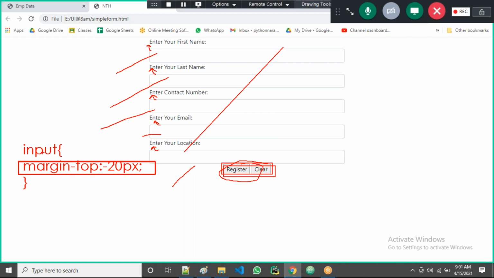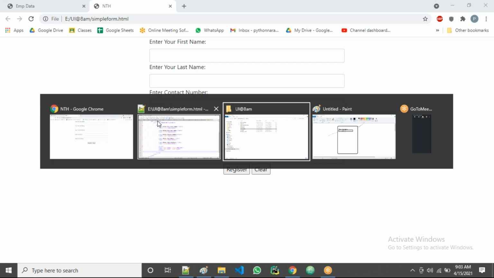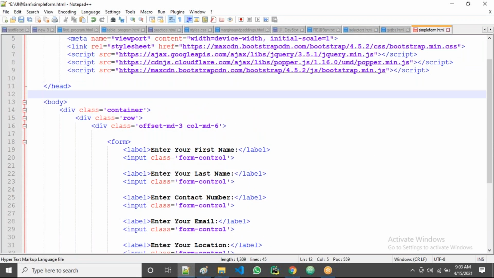So it applies for all inputs, either input boxes or buttons. Yes, this style applies for all the inputs here. Let us see now. I go to the styles and take some styles here.